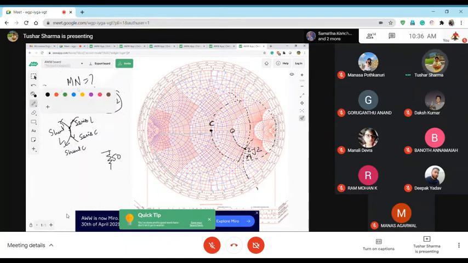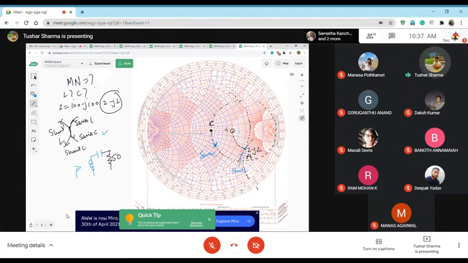पहला हमने constant फर्स्ट हमने मूव करा इस डायरेक्शन में. इसमें तो कोई डाउट नहीं है. ये पहला एलिमेंट तो हमारा क्लियर हो गया कि this is series C. अब because I am moving on constant R, now I am moving on constant G circle. और constant G circle में मैं कौन से डायरेक्शन में जा रहा हूं? I am going anti-clockwise. If I am going anti-clockwise it will be shunt L. So this is my shunt L. And I will meet my this impedance. So technically I can have a series C and I can have a shunt L to match this.